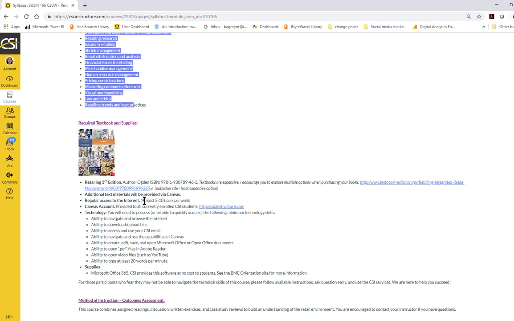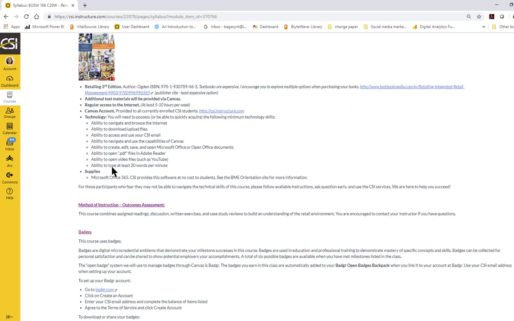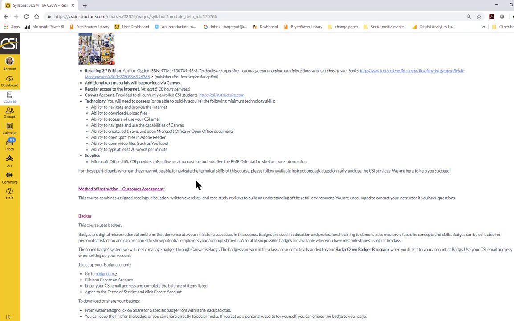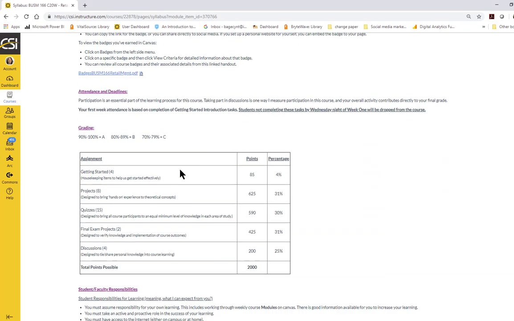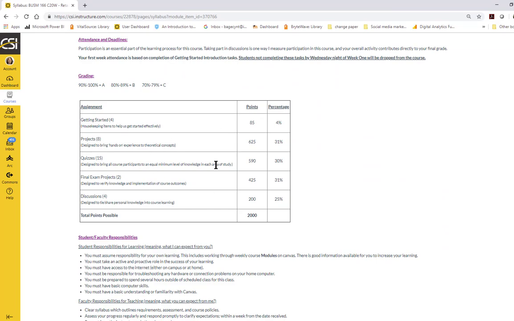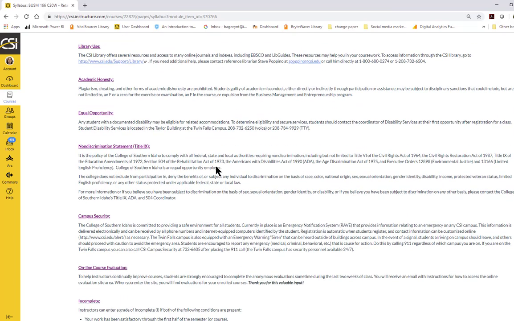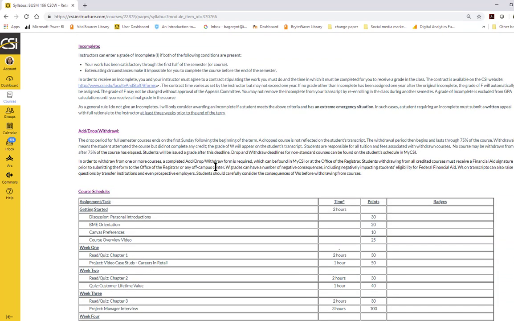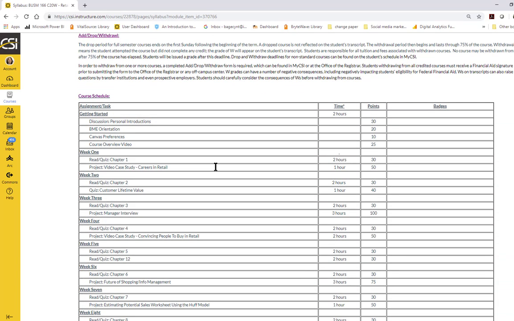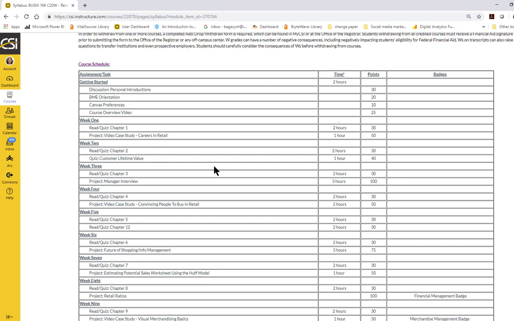Here's the textbook, what I expect from you, what you can expect from me, what you need to have, a little bit about badges, how the grading is going to break down. And I expect you to read all of this, and if you have questions, let me know. And then finally, at the bottom is a complete breakdown of the course schedule for the entire term so that you can plan your time accordingly.